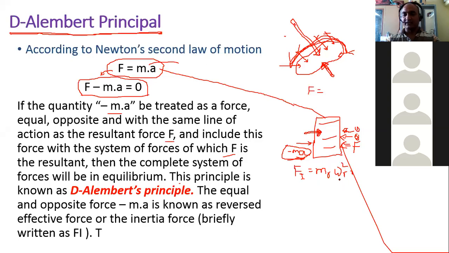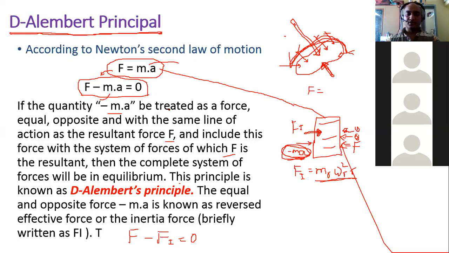Okay, that equation actually we had seen. So Fi is always equal to m into acceleration. So it means that this ma is also equal to Fi, that is inertia force. Therefore you will get the equation F minus Fi equal to 0. So finally you will get the equation from D'Alembert's principle, F minus Fi equals to 0. This is the final equation of D'Alembert principle. So this is referred to be Fi, inertia force.